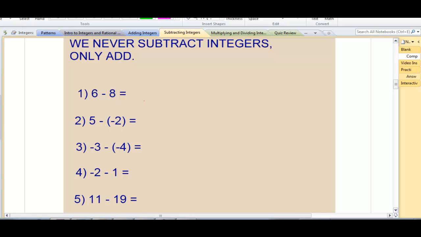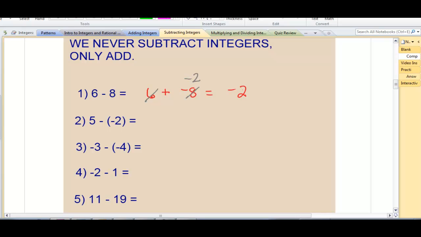So with 6 minus 8, I'm going to change this to keep, change, opposite. Keep my 6, change subtraction to addition. Since my 8 is positive, I'm going to make it a negative. Keep, change, opposite. Now I use my addition rules. Since I have 6 positives and I have 8 negatives, I'm going to cancel these 6 positives with 6 of the 8 negatives, and that will leave me with 2 negatives. So my answer is going to be negative 2, or 8 minus 6 is 2, and I have more negatives